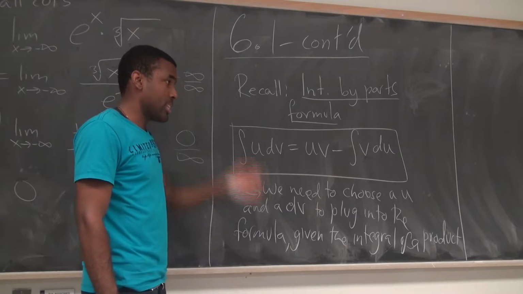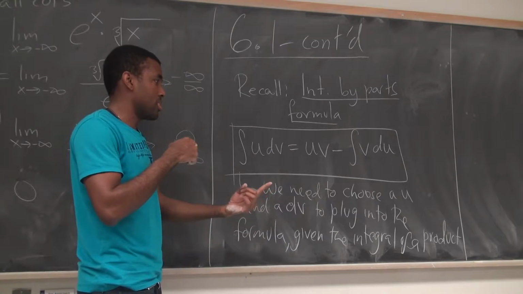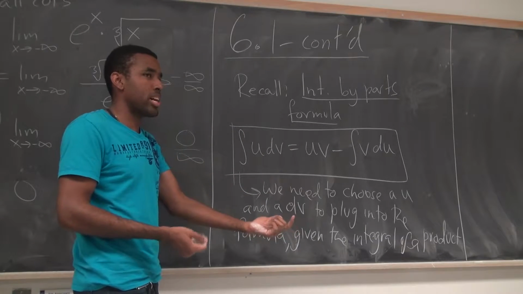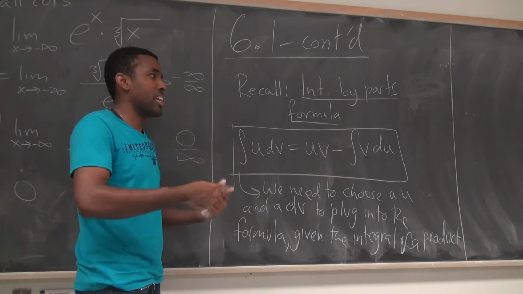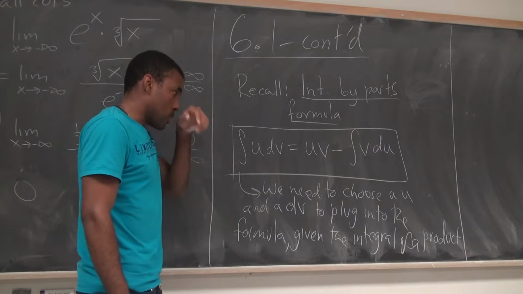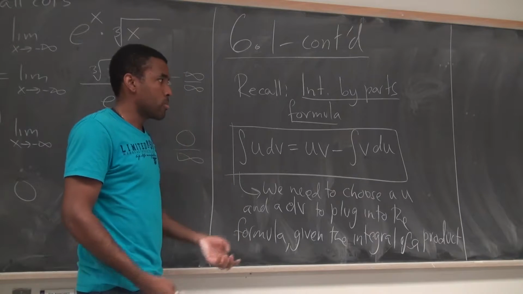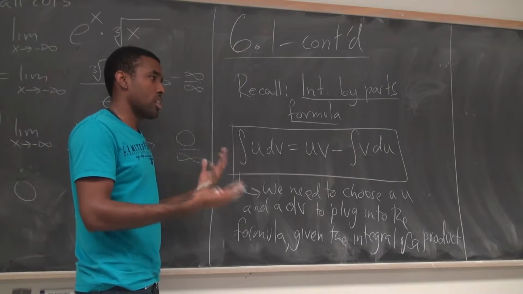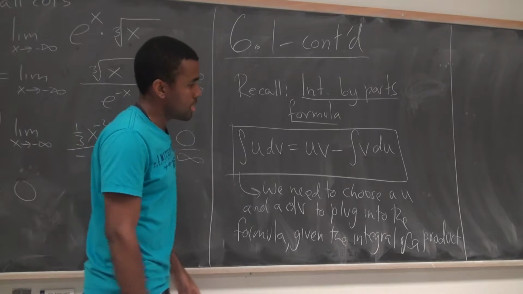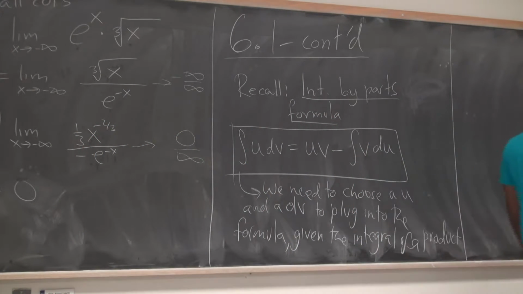I also mentioned that if we had done the opposite, if I had let u equals the e to the x and my dv be the x, I'd actually end up in a worse situation, right? Because I'll actually bump up the power of the x, and that would cause trouble. So now the issue is, if faced with a random integral where it's not so obvious, how do you know who to choose to be what, right? So I will now tell you how we actually choose